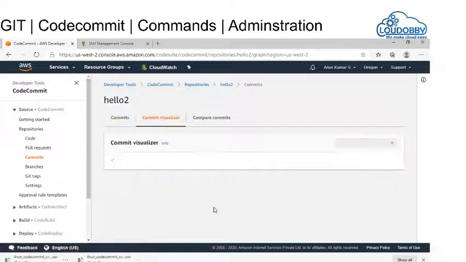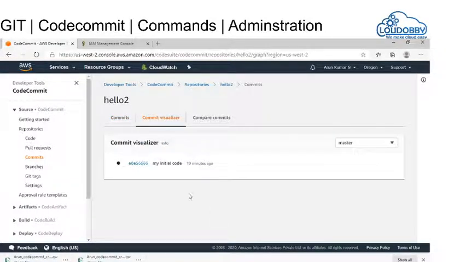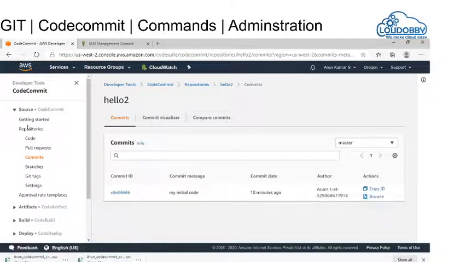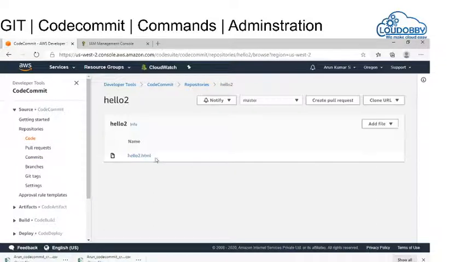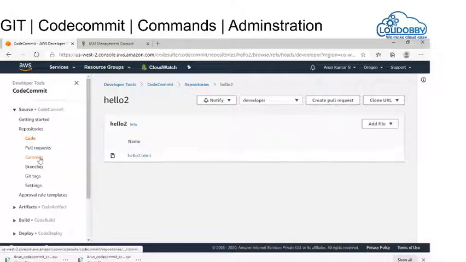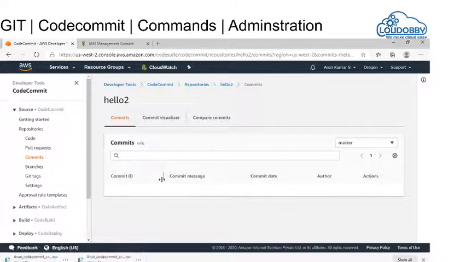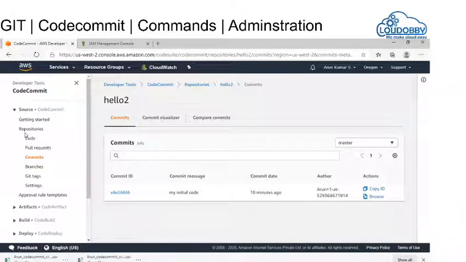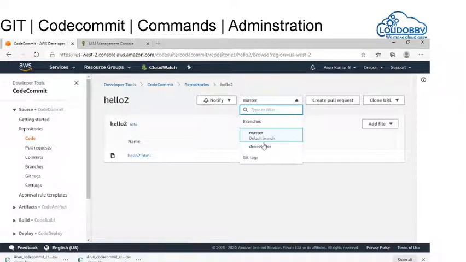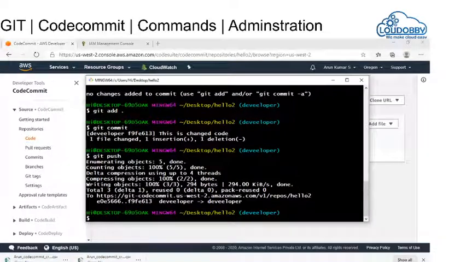Okay, basically the commits take some time, but it's okay. We are in developer and then check for the commits. It shows 10 minutes ago, but we had a commit just now, right? So it's okay. Now what we are going to do is change our master file using a